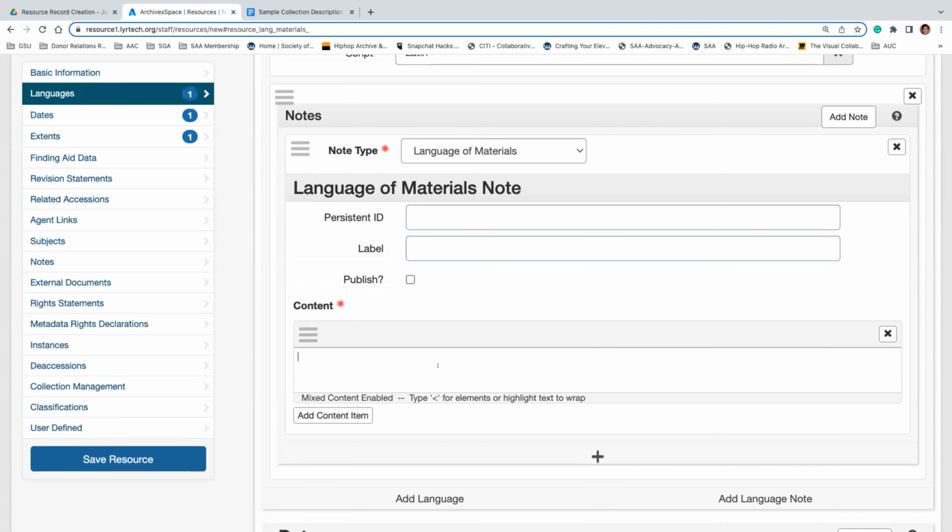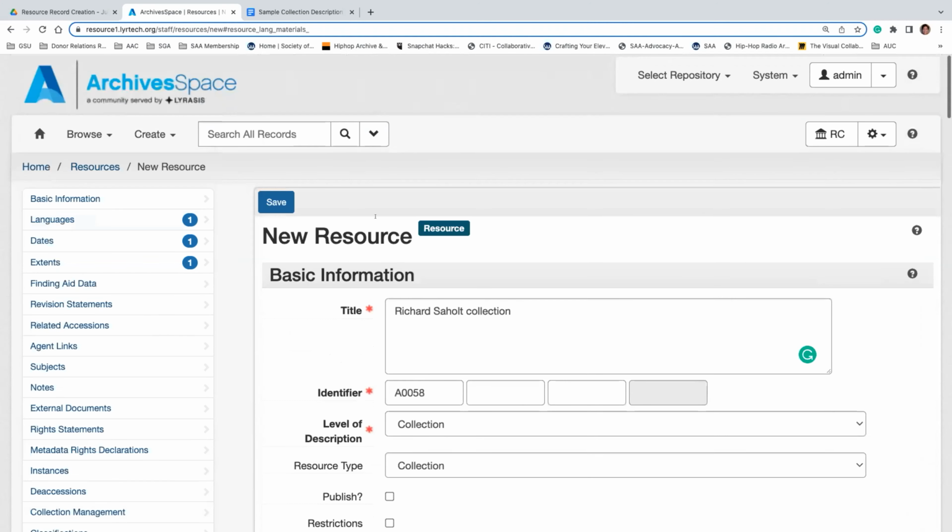And then you'll see in the notes that you have the ability to add content. So when you're creating this note, all you see that's required is note type and content. But when you open up subrecords as you go through creating your finding aid, you will see that more requirements are added based on the subrecord you open, because they all have their own individual requirements outside of just the resource record having required elements. But if you were to go and save this,